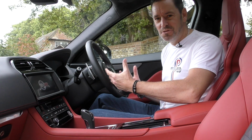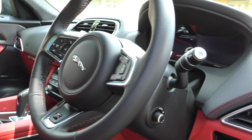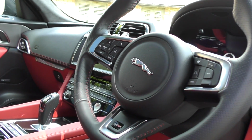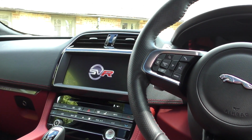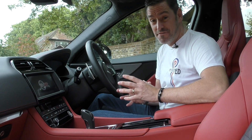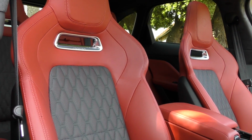Oh, it smells so good in here. Welcome to the cabin of the F-Pace SVR. A truly stunning place to be. The materials choice in this car, this particular spec, you may or may not be a fan of the red seats. I'm not normally a fan of red seats in cars, I have to be honest, but these ones are quite special. They have a beautiful